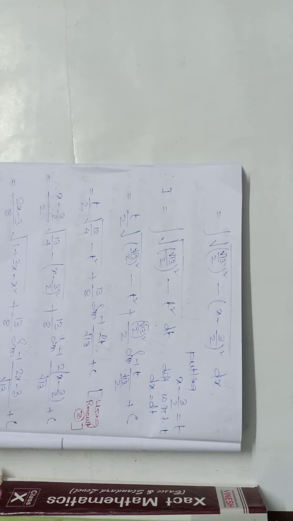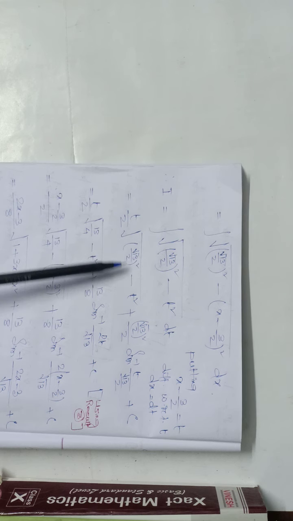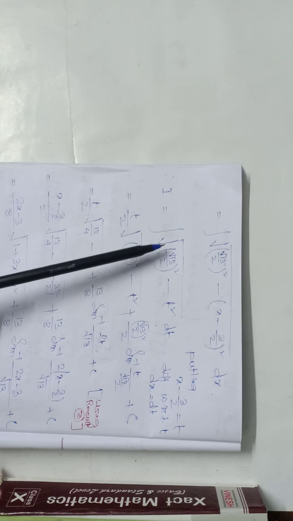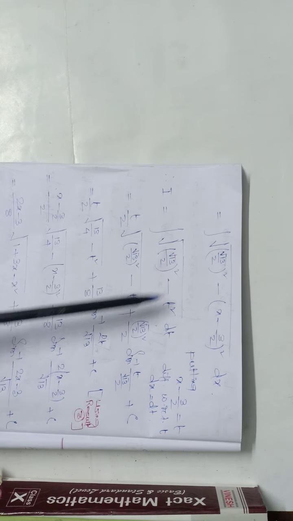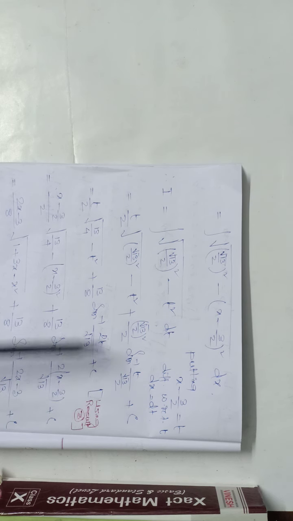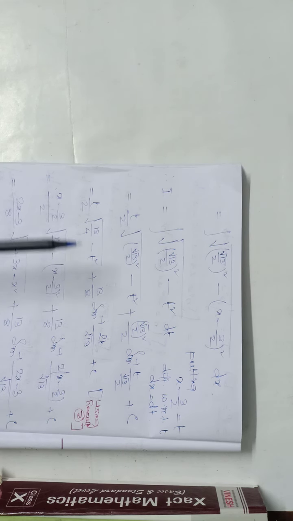that we have discussed in the standard integrals, and its result is x by 2 root over a square minus x square, here x is t, so this minus this, plus a square by 2, here a is root 13 by 2, so this square by 2 sine inverse x by a. Now ultimately when we put the value of t, we will get the final answer.